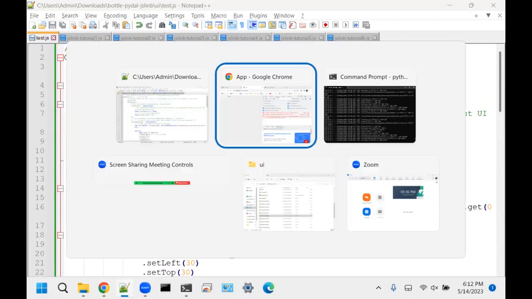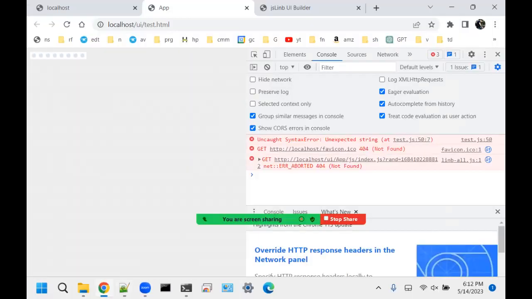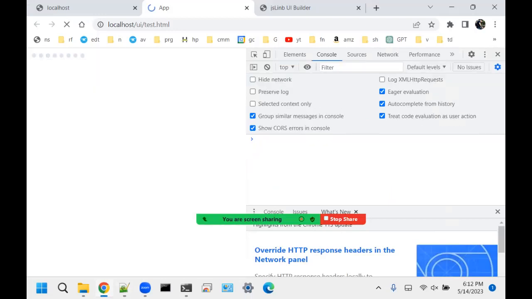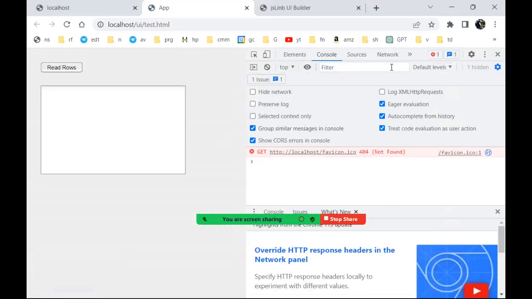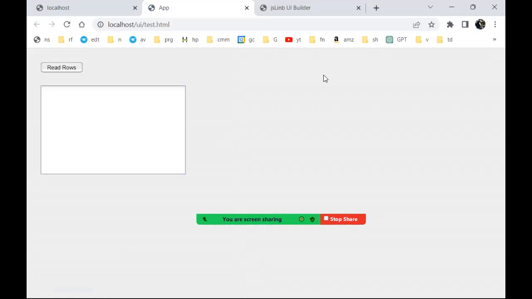So go back to a browser, run the app again. And there we go. So I'm going to close up the inspector, read rows. And that was pretty dang fast. You don't even see it refresh. But